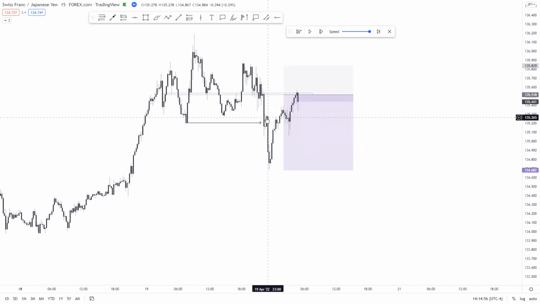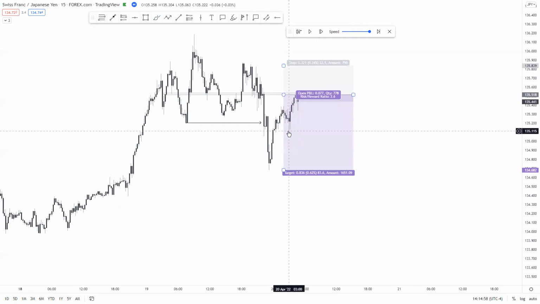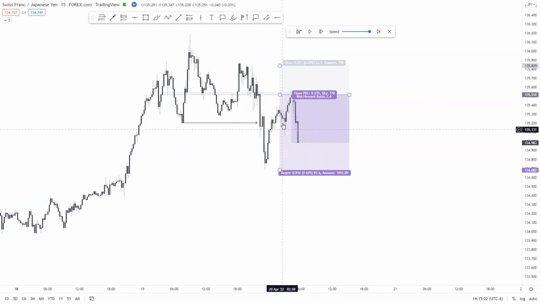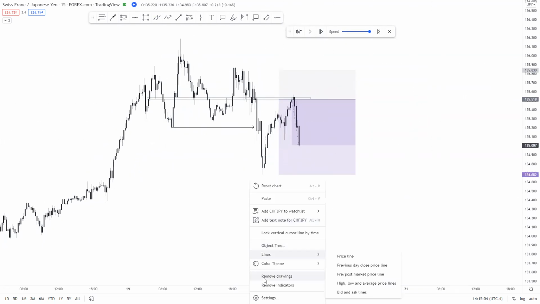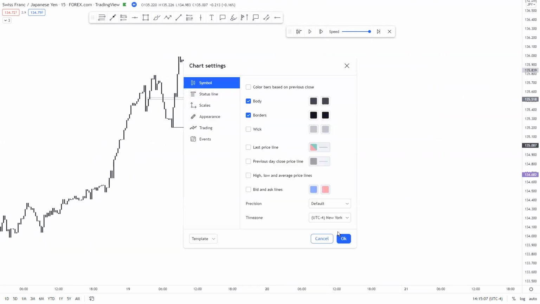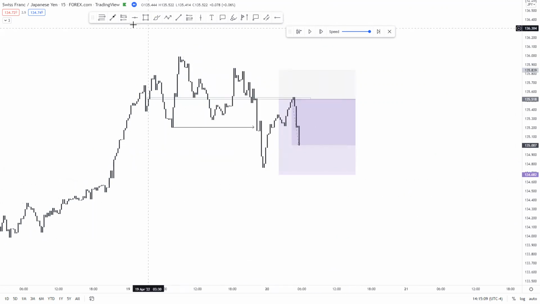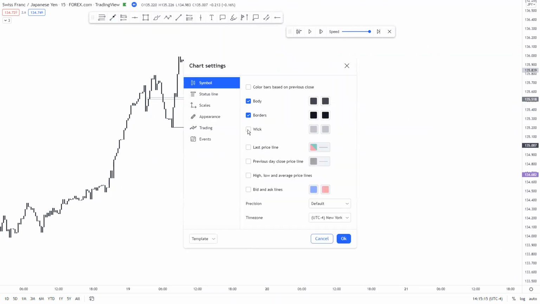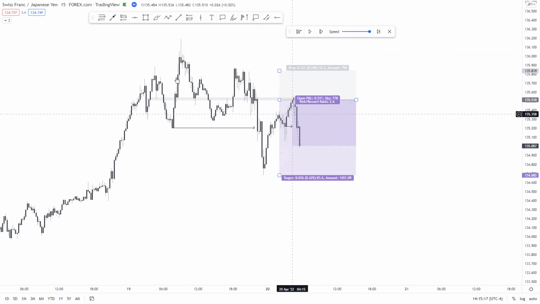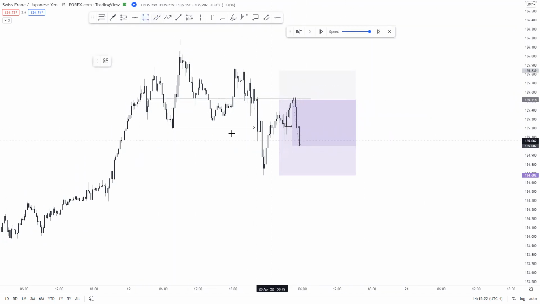And on the 5 minute, this was structure. This was a break, pullback, push above. So now I'd want to see, this is now a break of structure, if you're looking at just the bodies, because you want to be looking at just the bodies when you're trading structure. That's where all the volume is. So that is a BOS. Now, if I want to sell this again, which you can do, I'm going to try to sell it off of this region right here. You can see a low,